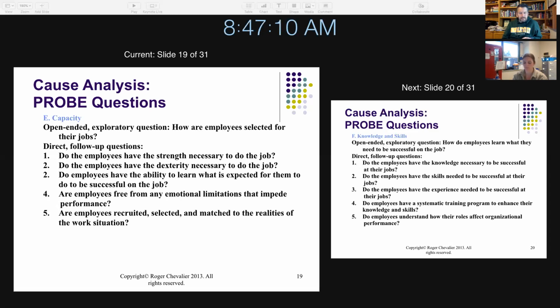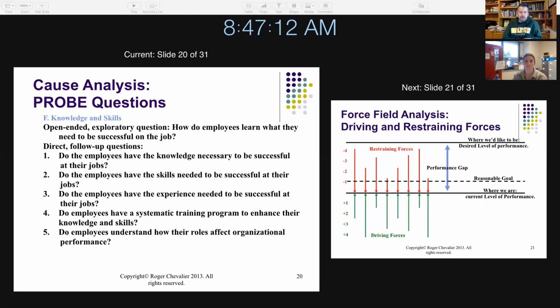And then finally, skills and knowledge. Skills and knowledge is one area where we can change an employee's levels. We can give them the skills and knowledge to do the job. However, you can also hire them with a certain level of skills and knowledge. The difference between skills and knowledge and capacity is that skills and knowledge are areas where